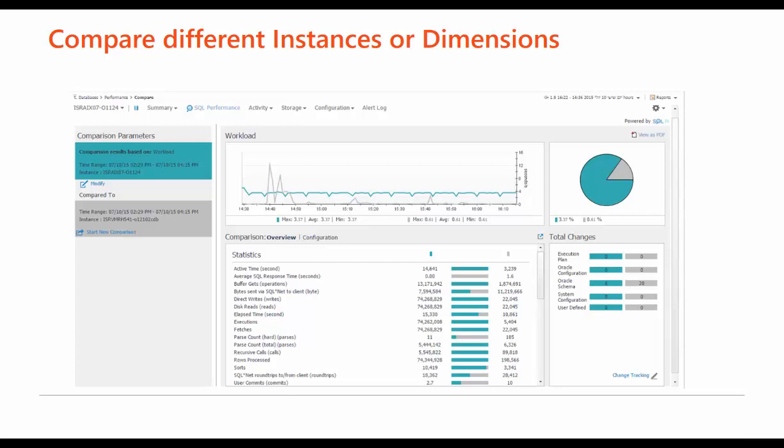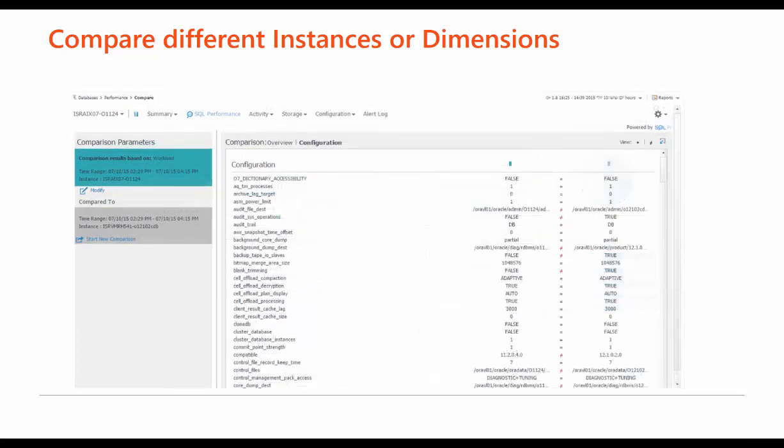If we would like to compare between configuration parameters, we can do that as well. This is a very important use case, as mentioned, where we want to compare between different environments. In Oracle, it could also be useful in case of RAC. So if I have several instances in the same RAC environment, and I would like to make sure that several parameters are identical, I can do that using Foglight Performance Investigator.